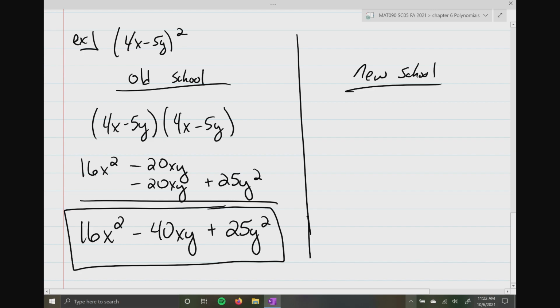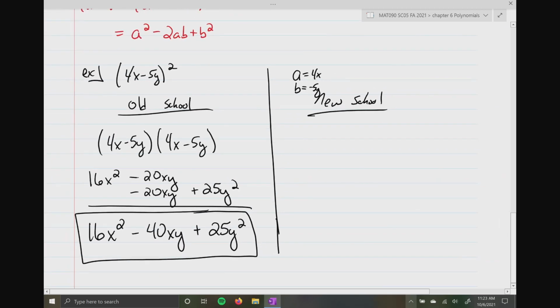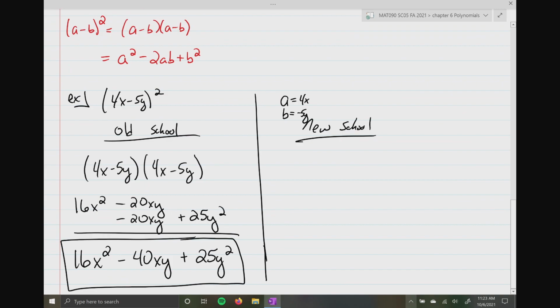All right. So that was the old school way. That was the, man, we're just gonna brute force this. Here's the new school. This is the formula. So above, A is going to equal 4x and B equals negative 5y. So I'll zoom out here a little bit just so we can see the formula. All right. And then what I'm going to do first